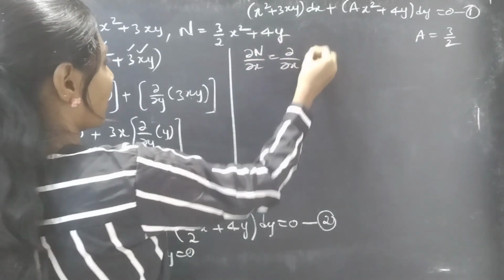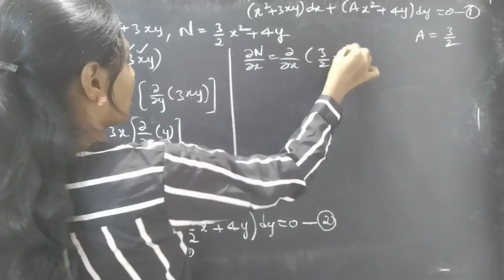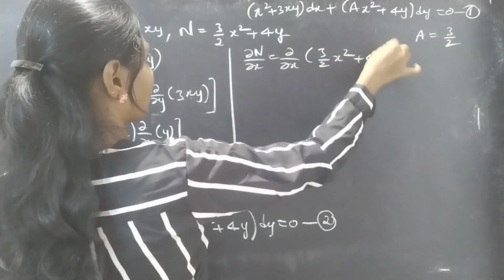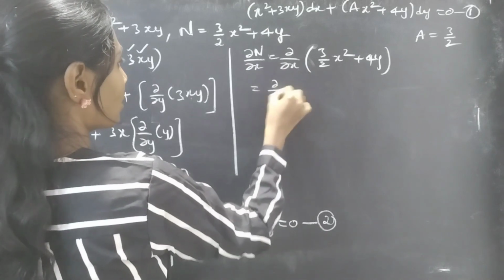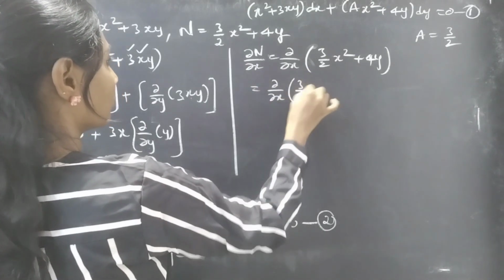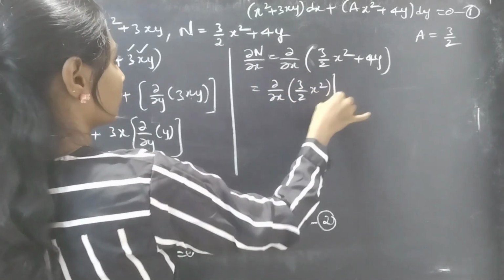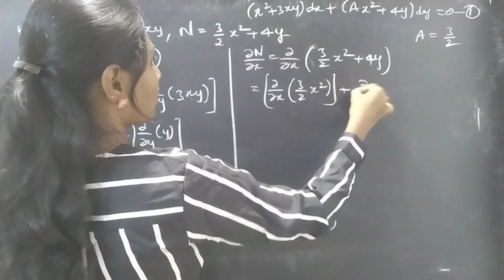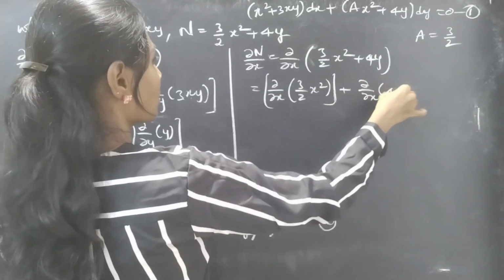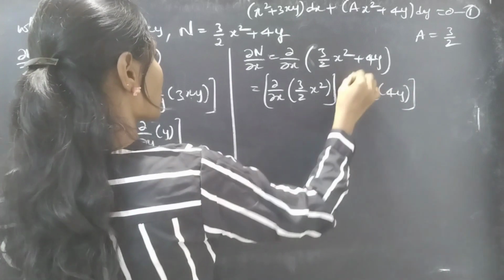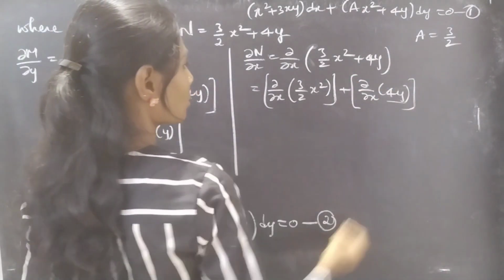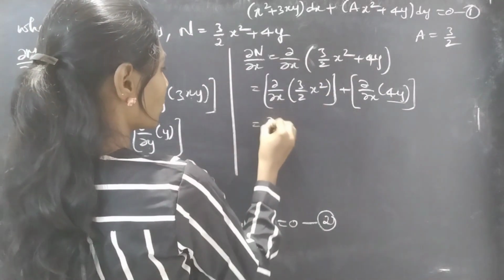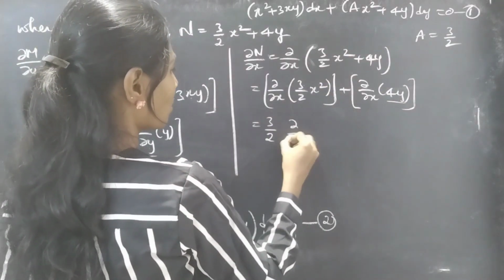Partial derivative with respect to x of 3/2 x square plus 4y. You can write this as partial derivative with respect to x of the first term plus partial derivative with respect to x of the second term. Since it is a partial derivative with respect to x, y is treated as constant. Here 4y is constant, and 3/2 is constant, so we can write this as 3/2 into